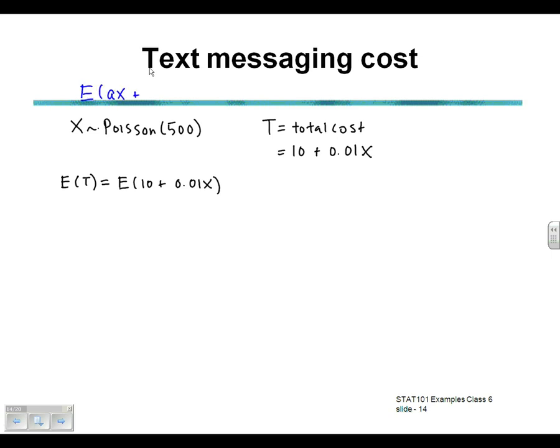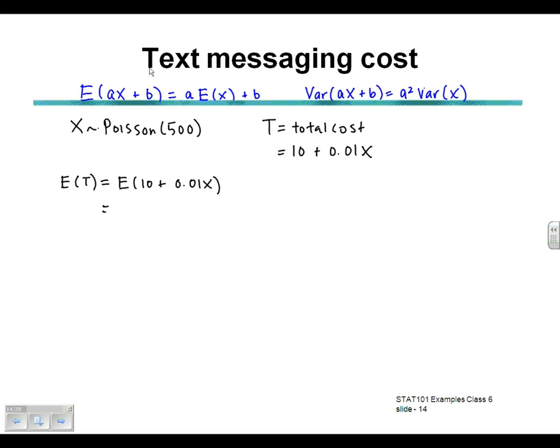The expected value of aX plus b is equal to a times the expected value of X plus b. And the variance, we'll write that one down as well, for aX plus b is equal to a squared times the variance of X. Now these formulas you can take from the formula sheet. We'll write them there